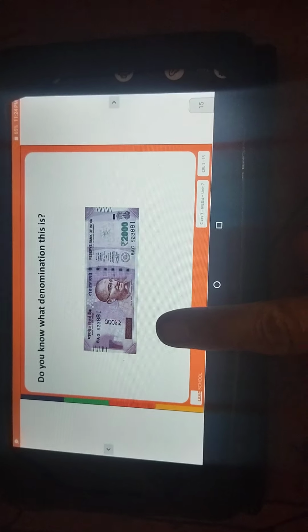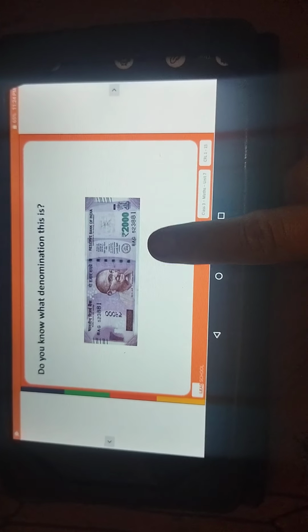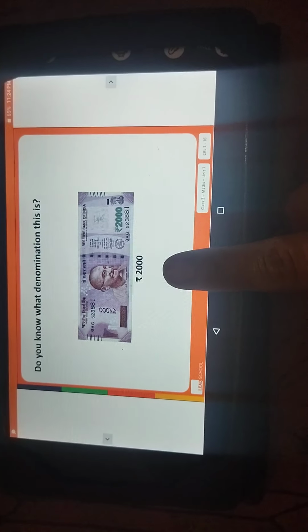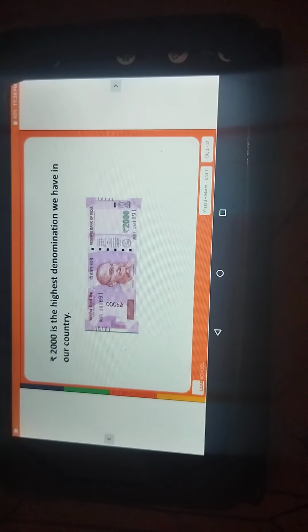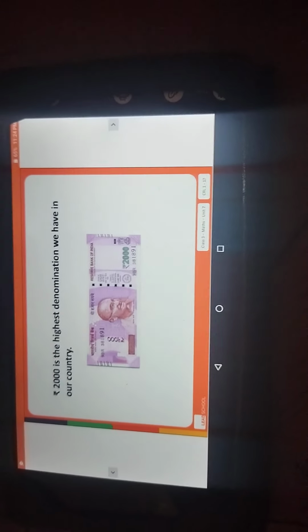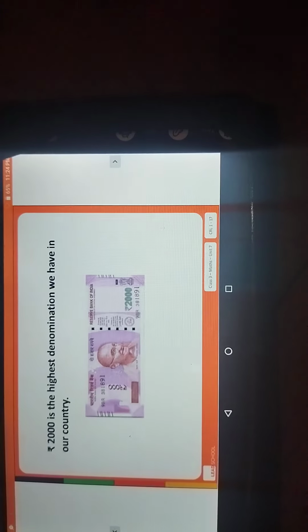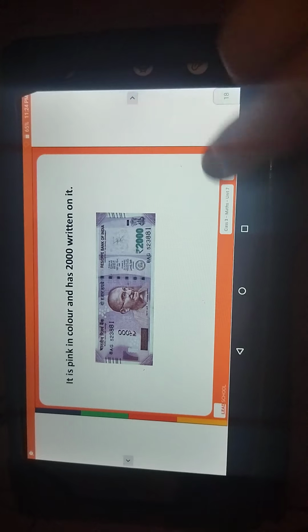Look at the another denominations. So this one is, do you know what the denomination is in this? This is a 2000 rupees note. Which one is that? 2000 rupees note is that. Now rupees 2000 is the highest denomination we have in our currency. हमारी जो करेंसी में स्मॉलेस्ट डिनोमिनेटर्स है वो 50 पैसा either than 1 rupee है. Like that largest, smallest, highest denomination in our country is the 2000 rupees note.